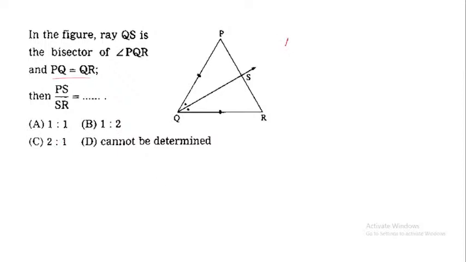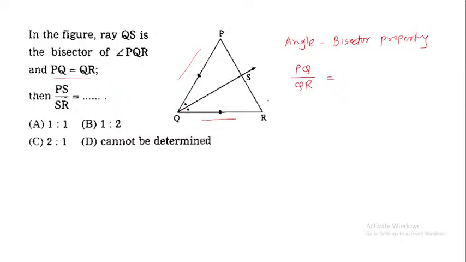Now here to solve this we have to use the angle bisector property. So in a triangle, if the angle bisector of any one angle is given, then sides of that angle, that is here QS is the bisector of angle PQR. So the sides of angle PQR are PQ and QR. So if we take the ratio PQ divided by QR, by angle bisector property, that must be equal to the two parts of opposite side of that angle into which the ray QS divides that side, that is PS divided